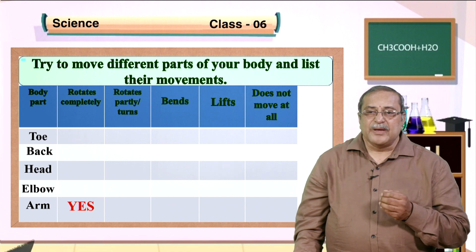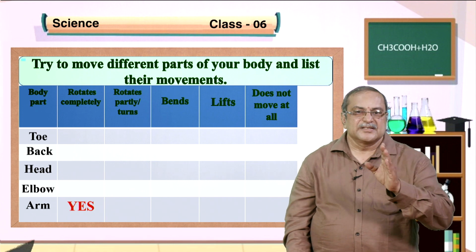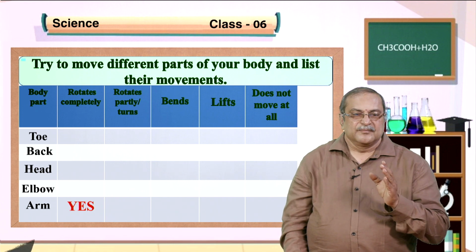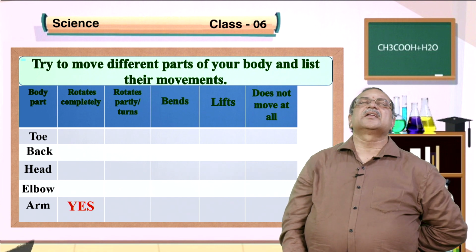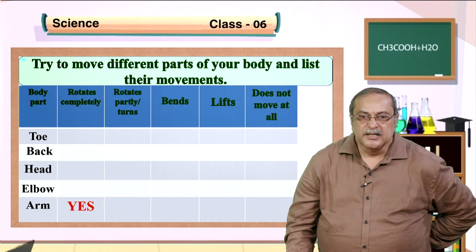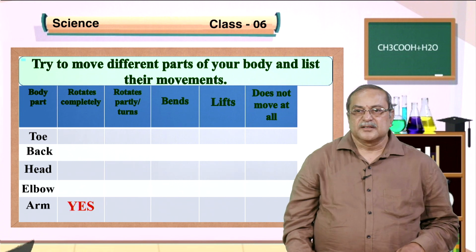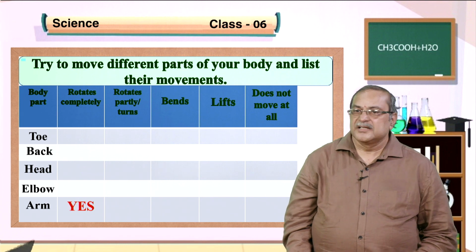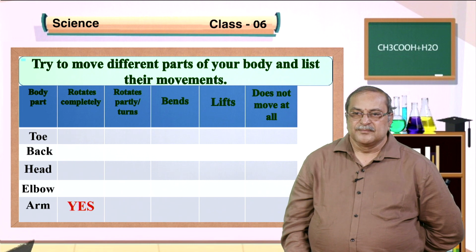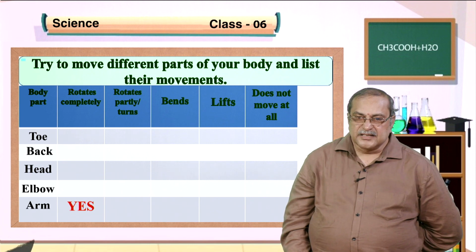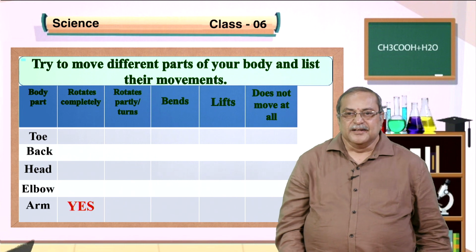Then when you go to the back, our backbone, how will it work? So, we are seeing the backbone, how they can work it out. The backbone can be bent front or back, see, back it can be bent like this. So, front you can bend, sideways we can do, but we cannot twist, only turn a little bit, that is all. Completely we cannot rotate, as the neck is going to move, no? So, the backbone also cannot be bent like this. Check it, practically do it, then you write it. Okay.